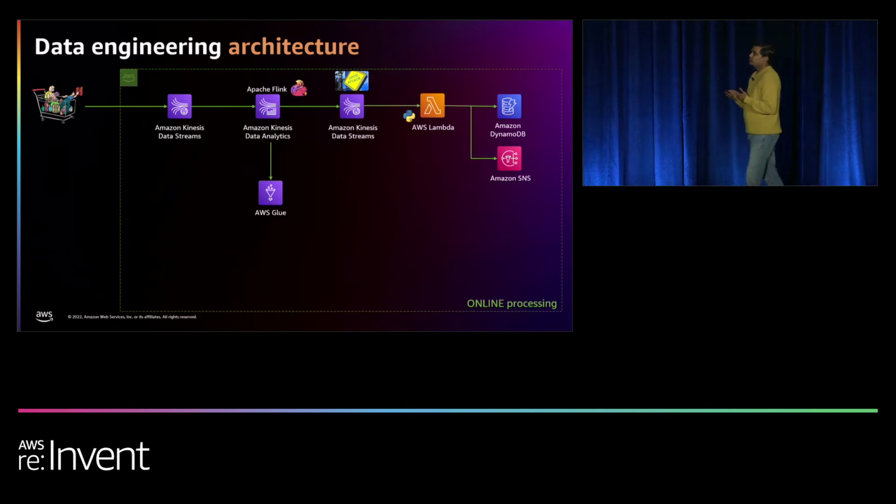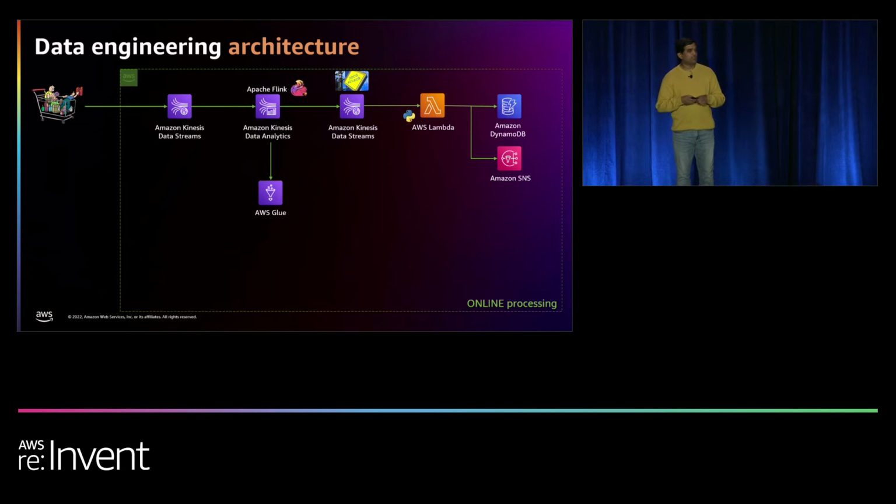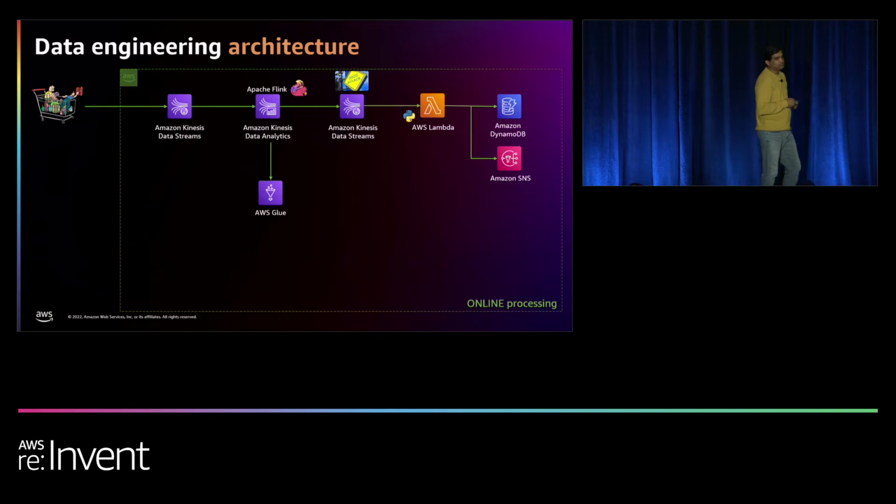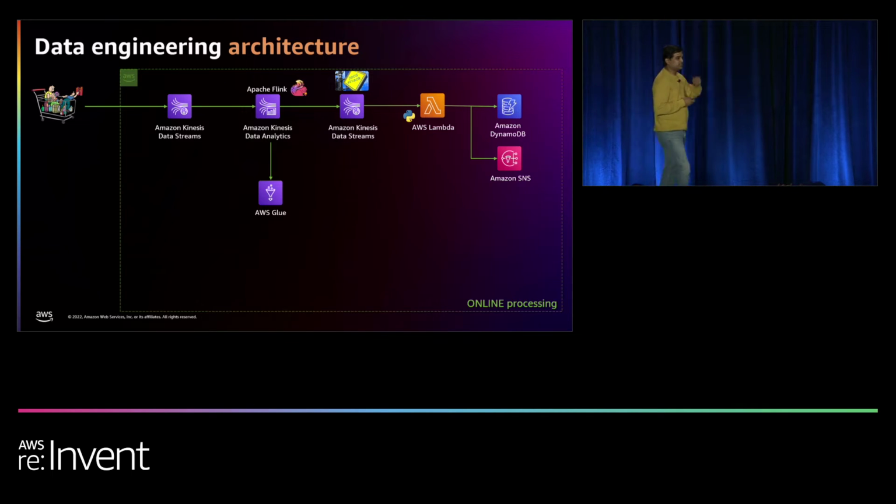So we are going to do that analysis using Flink, which is an open source project from Apache, one of the top 5 projects in the Apache Foundation. And we are going to use SQL for that, but you can always make use of Python or Scala. And once that is done, it will trigger a Lambda function, and then you can give some notification to the user, and you can do any back-end job downstream.